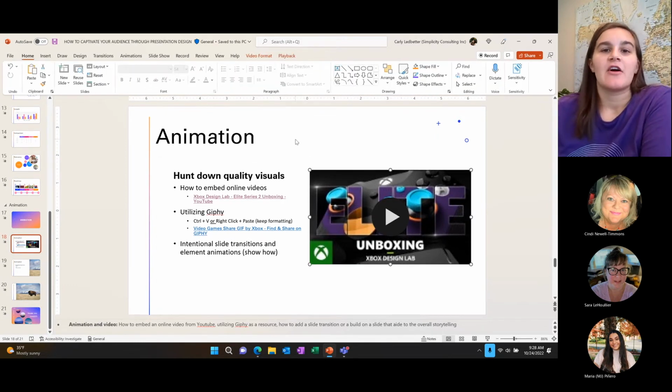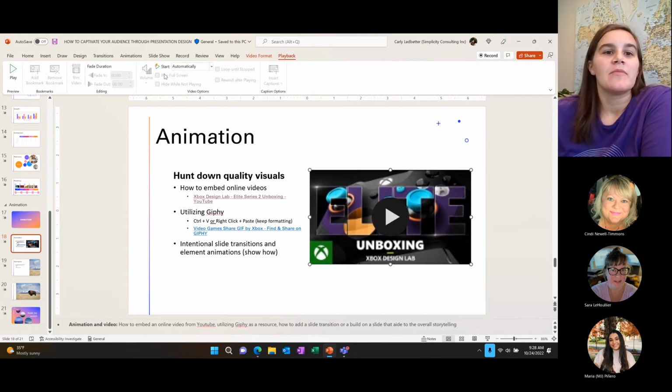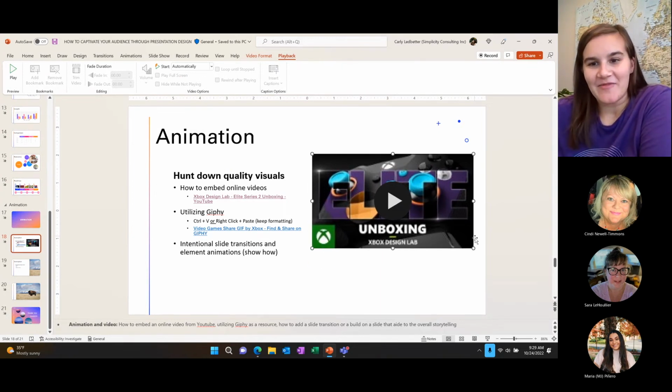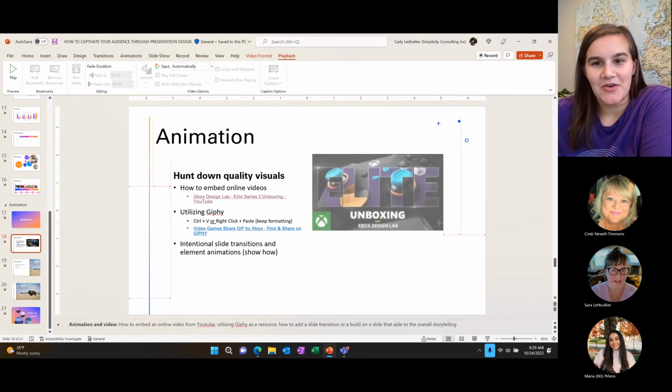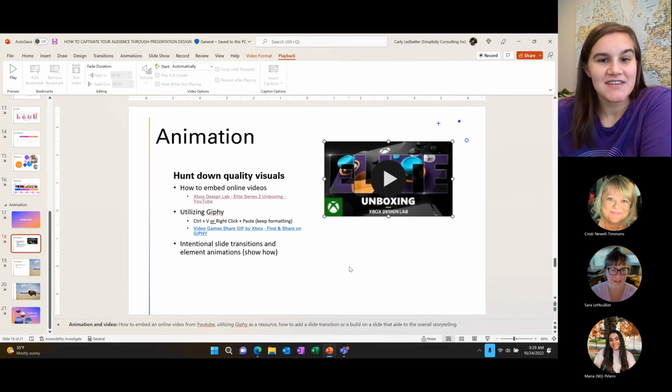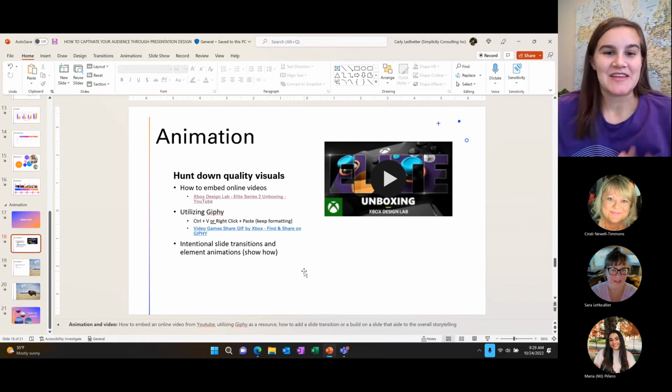But if you actually have like a hard copy video, you can do a lot more editing with it. You can do like a fade in, fade out. You know, you can adjust the volume. You can adjust if you want it to be looped or rewind after playing. Tons of cool options. Okay, and then next we're gonna show how to use GIFs, which are really fun animated